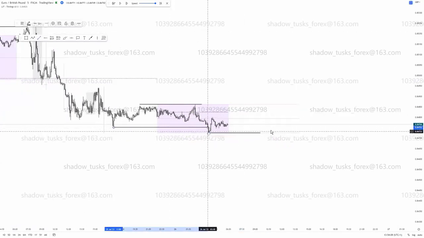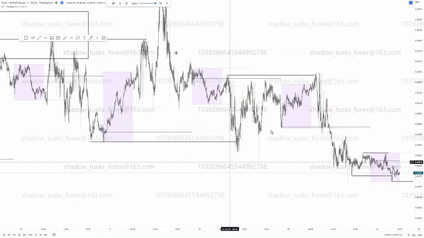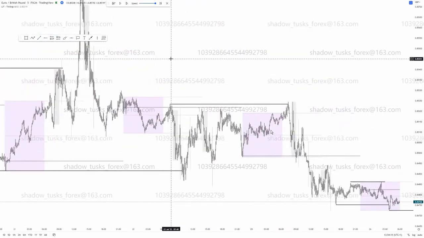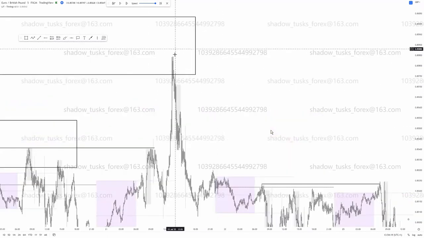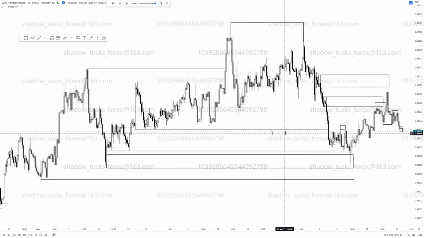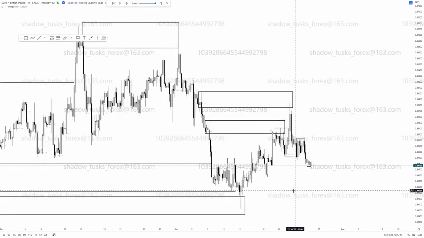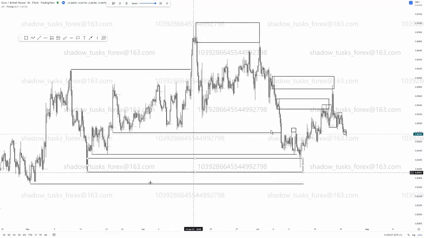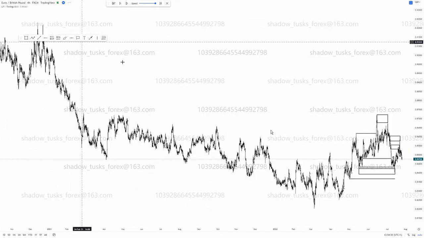Potentially see this as like, okay, maybe we trade away from this for a little bit, but we have to remember, overall, we're looking to target much lower. This is our inducement that we're trading away from. So potentially, where could we be coming? Well, overall, we're probably going to come down to like this, at least this, right? At least come and take this out, because this is our very significant inducement with the daily